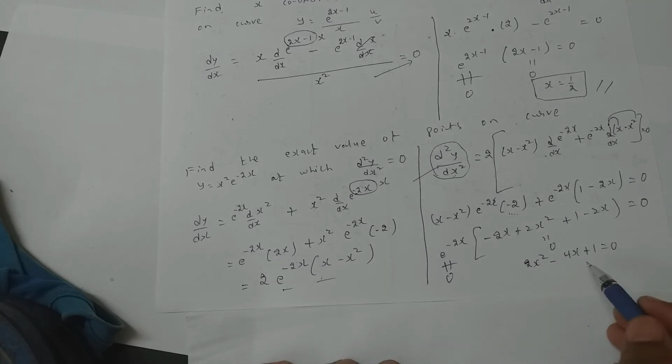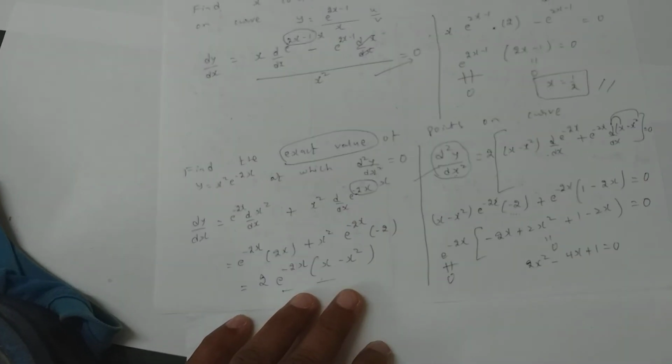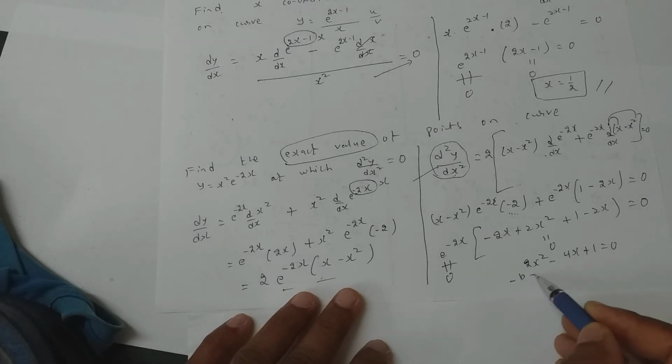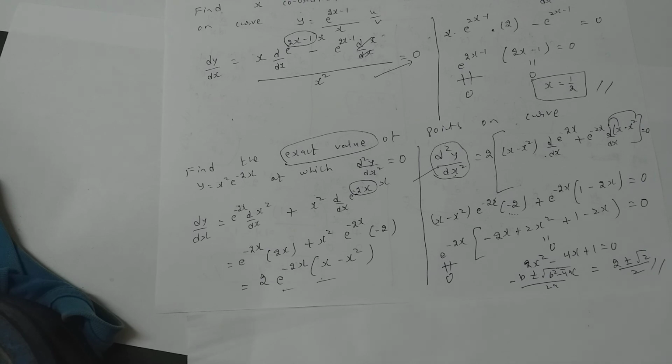If you put it in the calculator, you get a decimal, I guess. To get the exact value, you need to do it on your own, that is by using the formula minus b plus or minus root of b square minus 4ac, by 2a, because splitting is not possible. So once you do, the values that you get are 2 plus or minus root 2, by 2. That is the answer. Am I clear so far? Thank you.